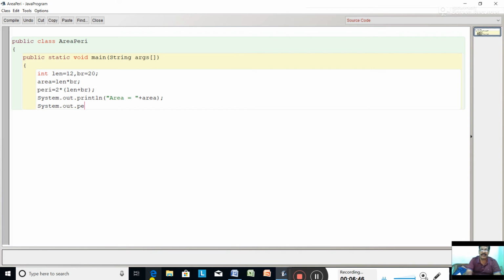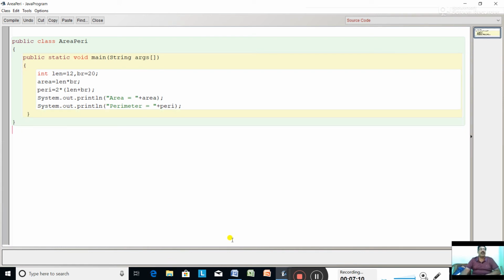This is the printing line of Java. Detail we will study in the next chapter. Println, double quote perimeter equal to, whatever we have to print, put in double quote, plus sign peri, semicolon. Program is over. Close both the curly brackets.